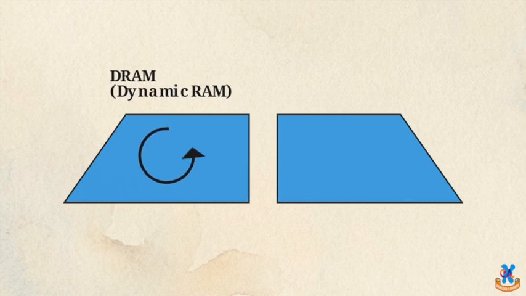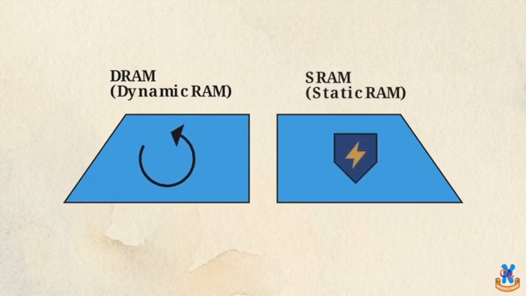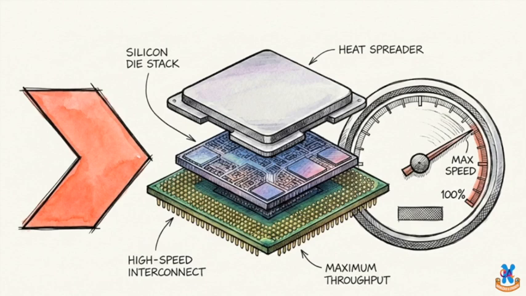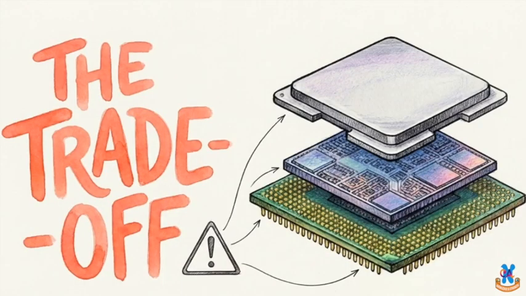Looking closely at the RAM tier, we see two types. Dynamic RAM, or DRAM, requires a constant refreshing cycle just to hold on to its data, making it cheaper but slightly slower. Static RAM, or SRAM, remains completely stable without that refresh cycle, making it fast enough to be used for cache memory. The rule of thumb for exams is simple. As data moves closer to the CPU, processing speed increases dramatically, but in exchange, you get strictly limited storage capacity